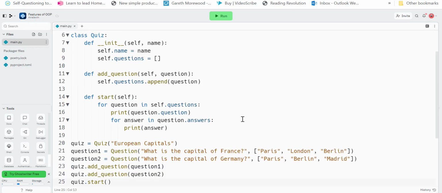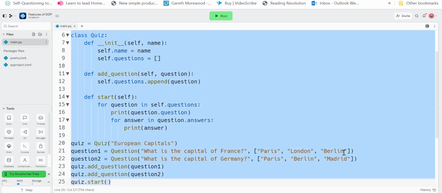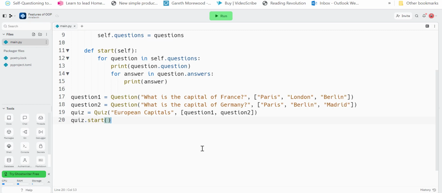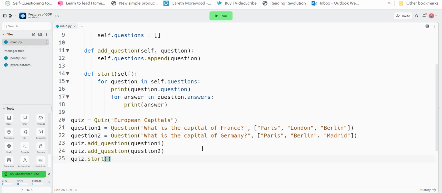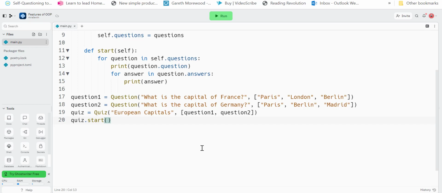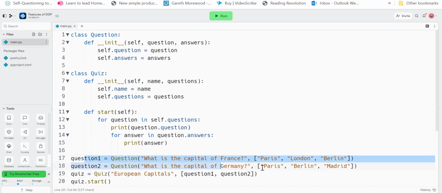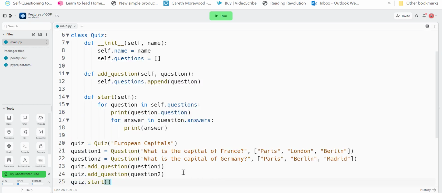Look how this is different. We've created two questions here, but they're not actually objects. If we look at before, let's do a before and after. So beforehand, we've created our questions. These are objects of question even. We're then passing it into quiz, so we can use it. If we delete the quiz, these questions will still exist. Whereas